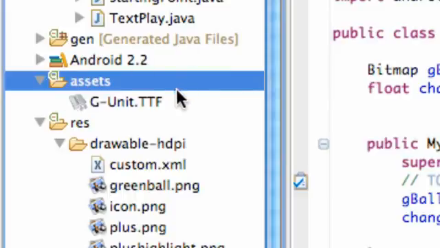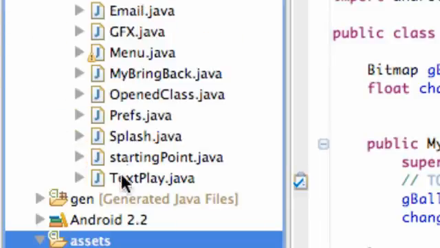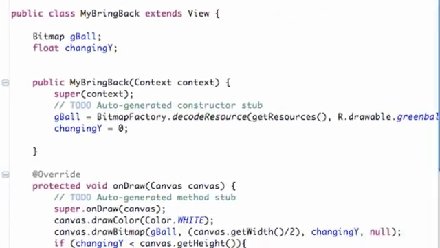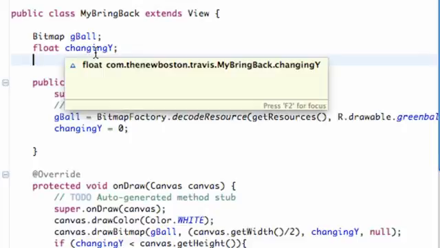I was trying to think of something that we could do with the assets folder, just simply within our drawable or within this graphics activity. So figured, you know, font's a good way to go. So download that, put it again in your assets folder, which is not in your resource folder, but there we go. Once you have that done, what we want to do is, that's basically going to be called